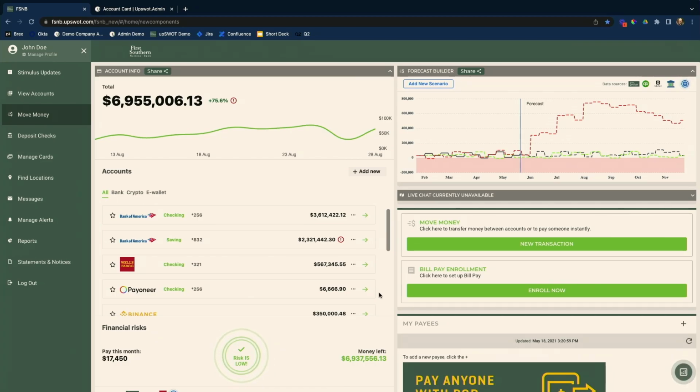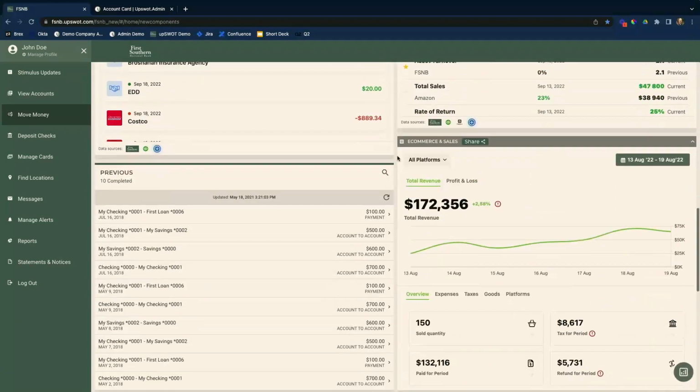And just like that, First Southern has become the center of my business universe. And I'll highlight just a few of the upSWOT components that are embedded here today. On the left, we see my account information, which is a full cash position, including those bank accounts that we had connected, crypto, and e-wallets. And in the top right, our cash flow forecast is much more accurate because it includes data from QuickBooks and Square, along with those other bank accounts that we had connected. As I scroll down,